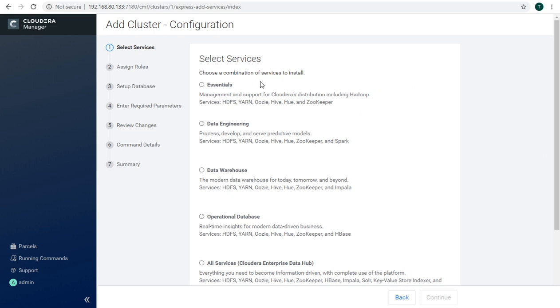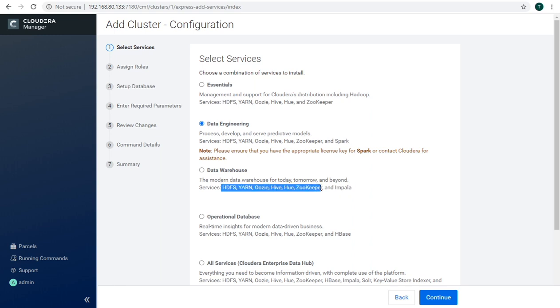As I said earlier, we have different service templates which are already available. We have Essentials, where these services will be installed on our cluster. We have the Data Engineering service template with HDFS, Yarn, Oozie, Hive, Zookeeper, and Spark. For Data Warehouse, instead of Spark, we have Impala with all the other services.